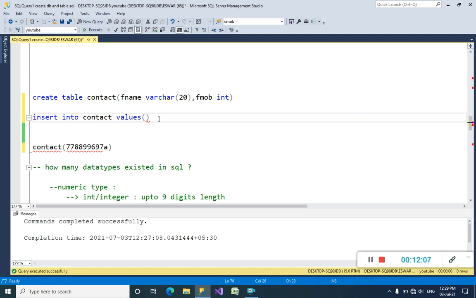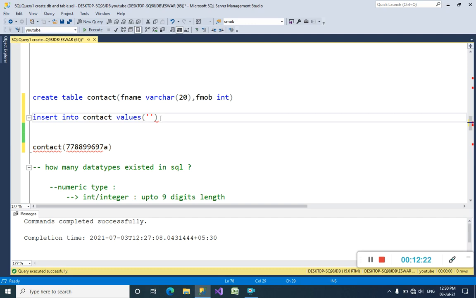Suppose you want to insert contact records into the contact table. What is the first column we created? Fname, which means friend name.